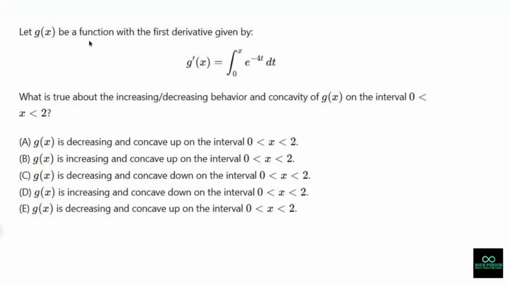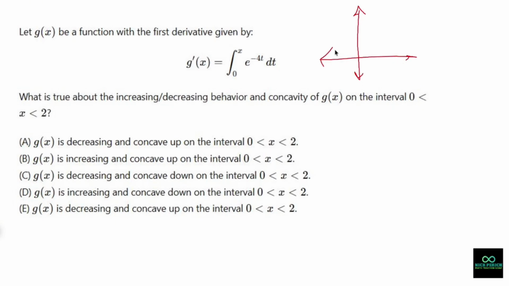Let g of x be a function with the first derivative given by g prime of x is the integral between 0 and x of e to the negative 4t dt. What is true about the increasing, decreasing behavior and concavity of g of x on the interval between 0 and 2? All right, well, generally speaking,